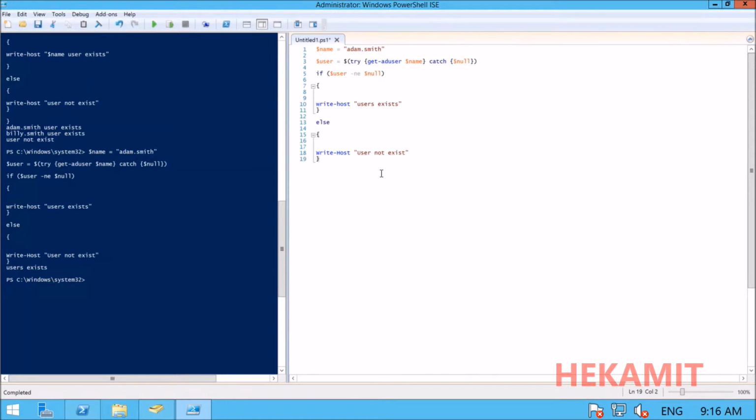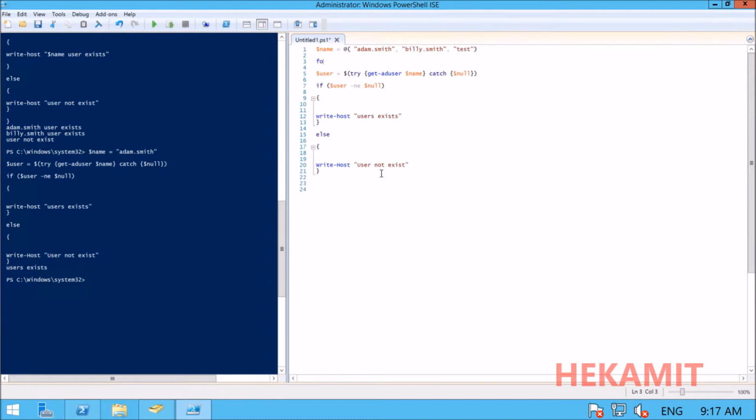Say I have just searched for a single user here. Say if I want to search for like say 10 users. So how are we going to develop the script so that we can search for the presence of 10 users? So I'm going to pass my values into an array here. Adam Smith present here, Billy Smith, and I'm going to give a value test. So we are going to use foreach name in